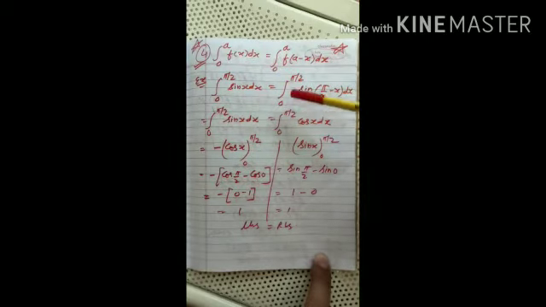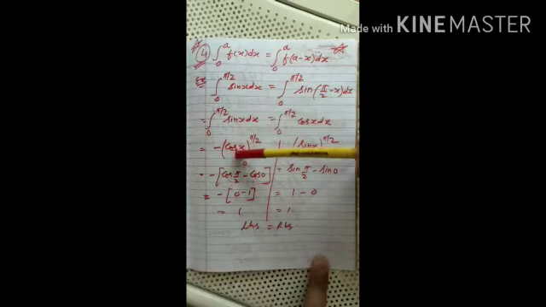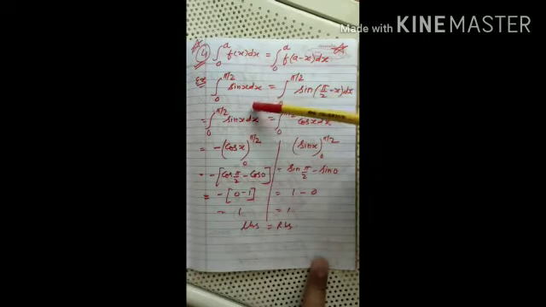Now a question-based example of this property is integration from 0 to pi by 2 of sin x dx, which can be written as 0 to pi by 2 of sin(pi by 2 minus x), that is a minus x. Now we know that sin(pi by 2 minus x) will be cos x. Now integrating sin x gives minus cos x from 0 to pi by 2, and putting the limits, we will get 1. Here the integration of cos x is sin x, put the limits, we will get 1. So in both cases the result is the same. It means this is true. We can apply this property in this way.